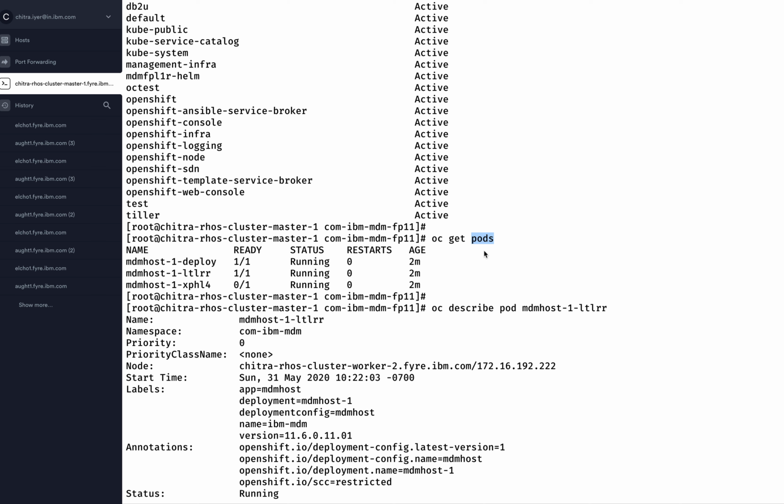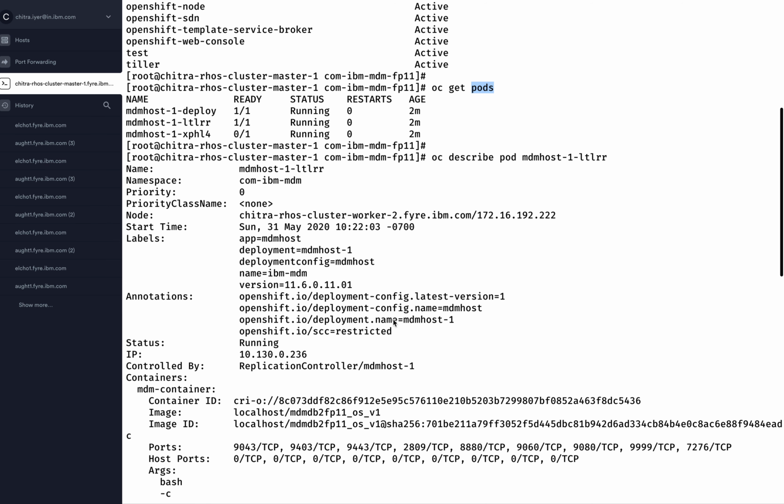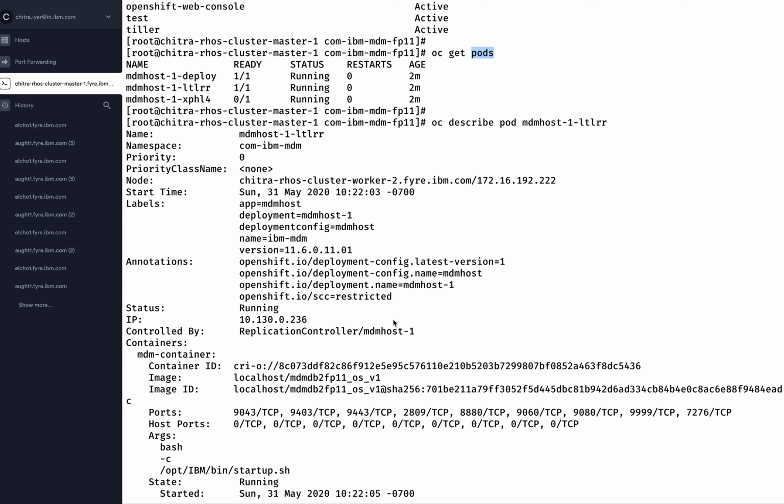So these are the pods that we are seeing here. This deploy pod is created automatically by OpenShift, and these are the two pods that we wanted. And if you see here, when we say oc describe pod, it is able to provide us certain details corresponding to the pod, including the namespace in which it is present, the labels it has, annotations, and the node in which it is placed, and so on. It also has an IP assigned to it.